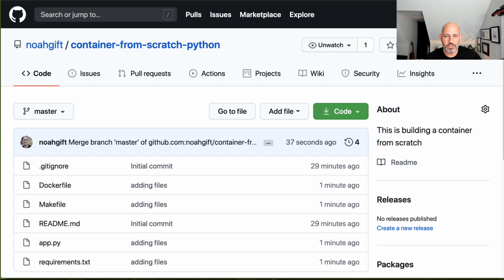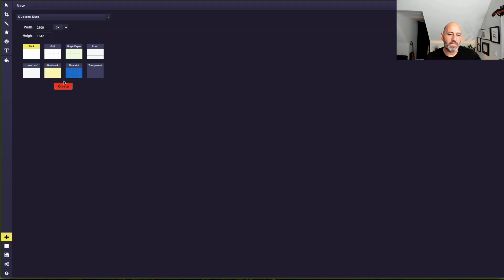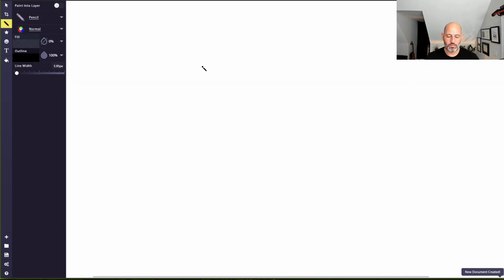But let me just sketch out what I'm going to do next here, because it's somewhat useful, but it's not as useful as it could be. And let me show you what we're going to do next. So the next thing that we're going to do is that I'm going to push this image to other locations, and I intentionally made it simple so that we can explore the concept. So Docker, in a kind of a hello world setup here,